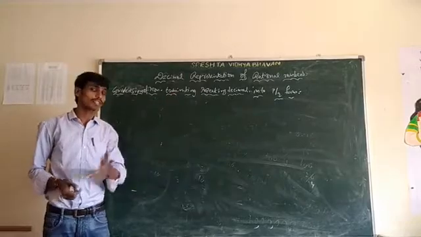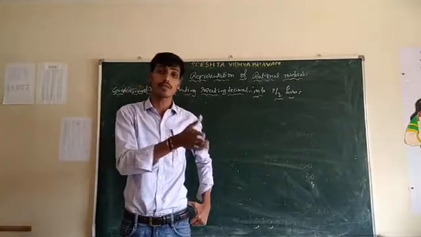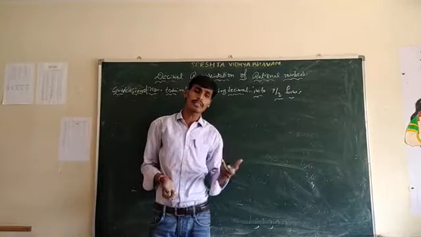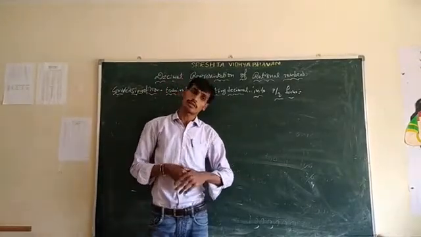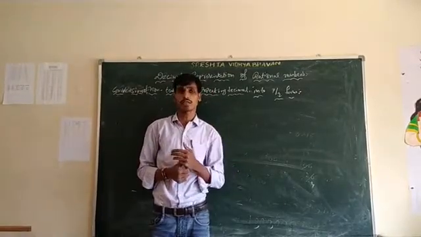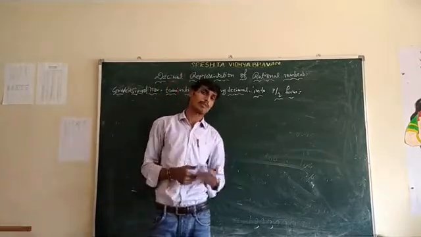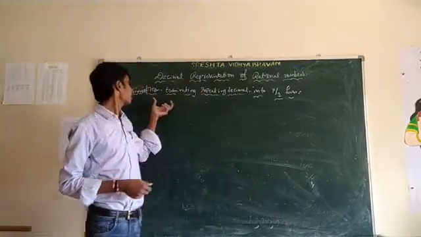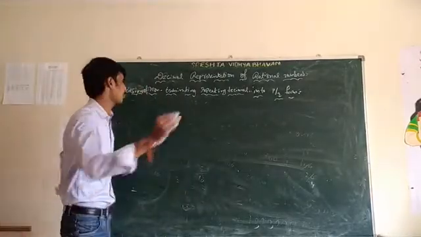In the last class we discussed conversion of terminating decimal into p by q. How can you convert a terminating decimal into p by q? Based on how many digits are placed in the decimal position, we take that number of zeros. For example, if we have 2 digits after the decimal point, we multiply by 1 followed by 2 zeros. Now, this time we discuss non-terminating decimal: how to convert it. So look at the board carefully.